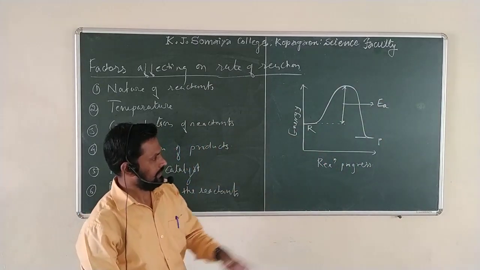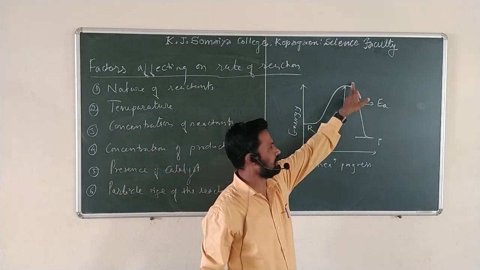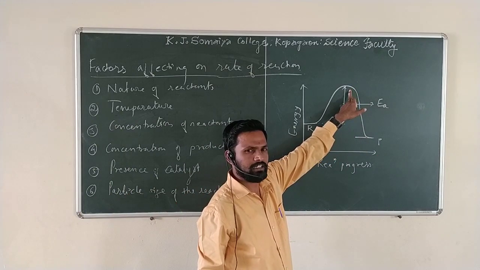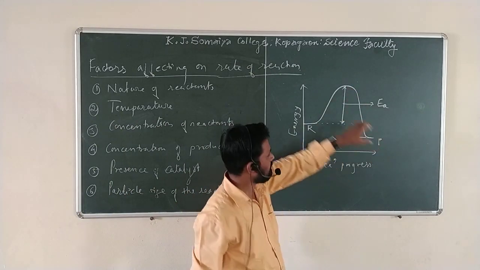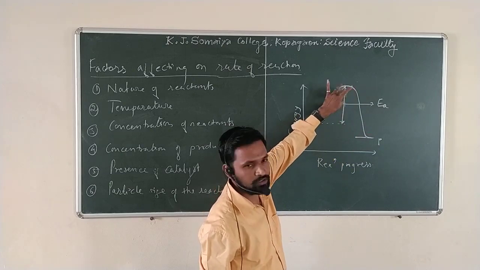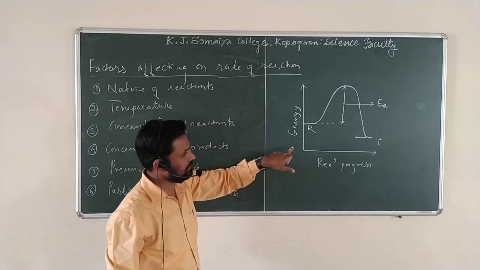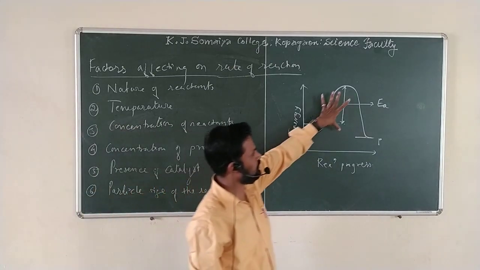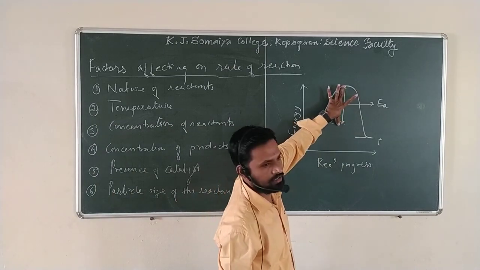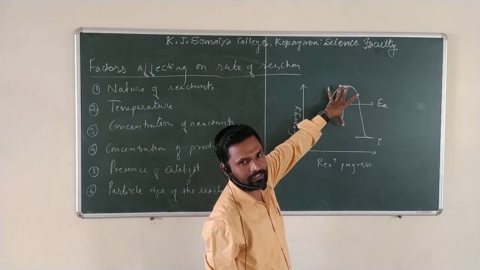It is defined as the energy required to convert reactants into the transition state. Once the transition state is reached, definitely the transition state breaks up and forms the products. This energy is required for bringing about the chemical reaction. So here, by adding the catalyst, what will happen? Initially, this is without catalyst. You require this much energy of activation.